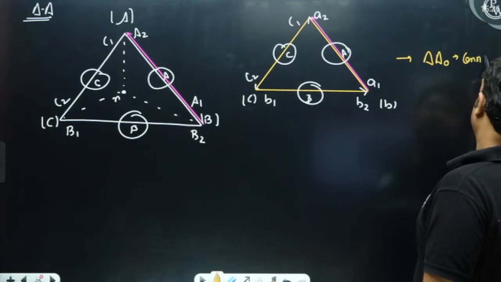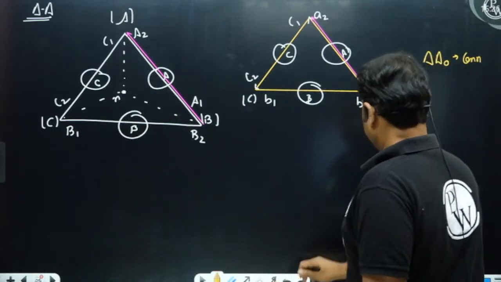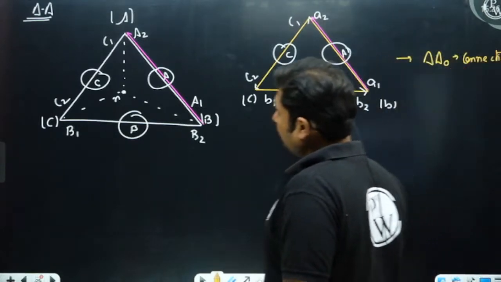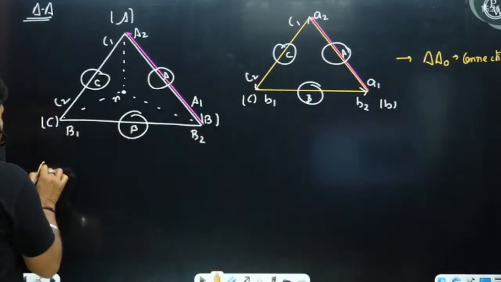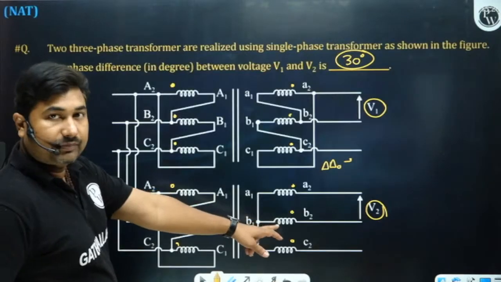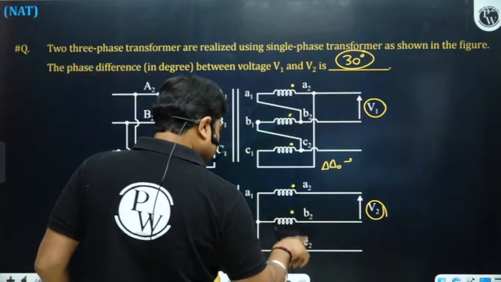Is it okay? Yes, sir. Delta delta 0 connection. Is it okay? Yes, sir. Now let's talk about delta star. If we talk about delta star, then first always draw a star. Okay. So if you look for a star,